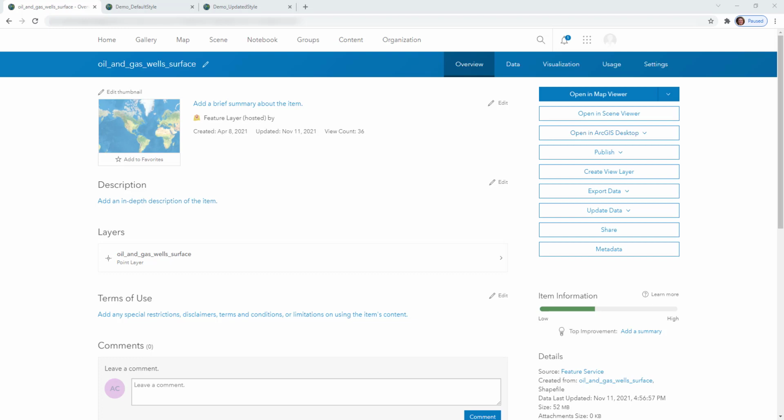In this video, I'm going to talk about updating the default style for a feature layer. There are a few different places where you can update the style for a layer. By style, I mean the symbology, filters, pop-ups, and labels. You can update the default style for a layer through the Layers Detail page, which I have showing on the